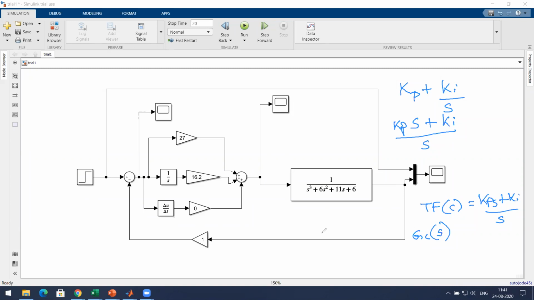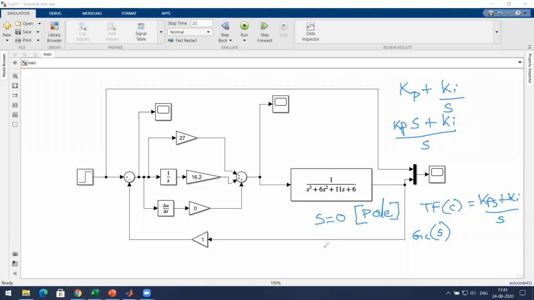From where do you get poles? Denominator. So what is the value? S equal to 0. Is this a pole or a zero? Pole, sir. This is a pole.